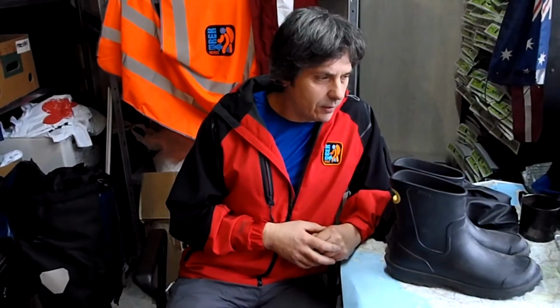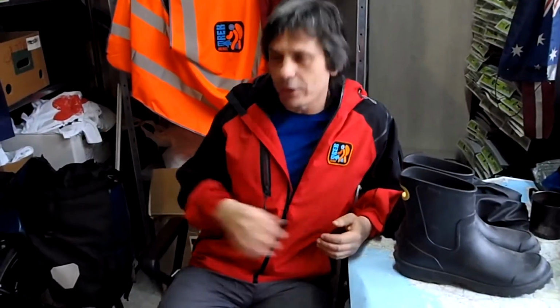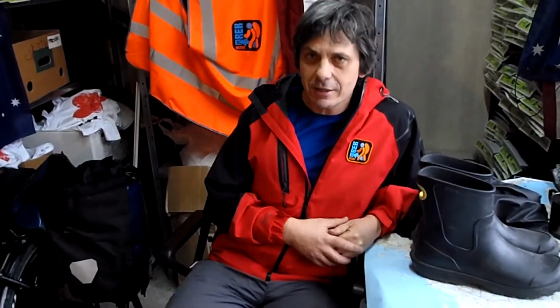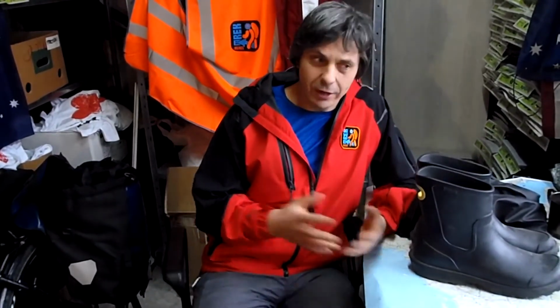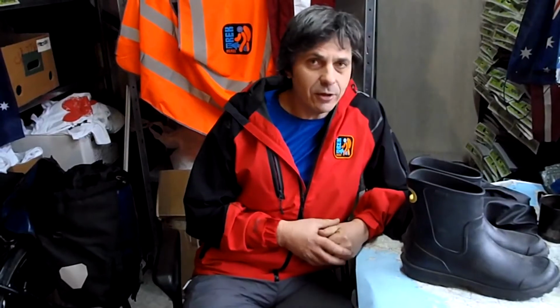Now, with regard to clothing, remember, I'm coming from the perspective of a trekker. So basically, the clothes that I wear wouldn't be much different from any other normal clothes that I'll wear on any other trek. And one thing that I'd like to emphasize if you're going to be doing long distance bike riding is it's very possible that you will be riding in non-stop rain for days and days and days and days, which I've experienced, and believe me, it makes you miserable if you don't have the right gear. So I quickly learned that